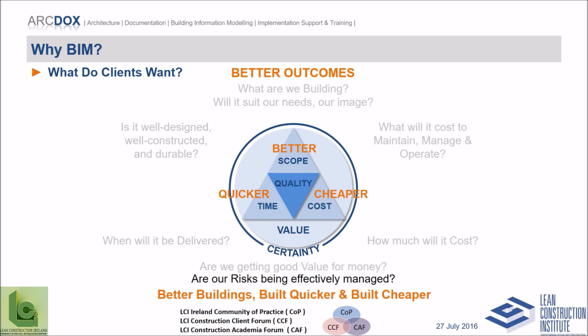For most clients, building or constructing buildings is not their core business, so they want their risks to be effectively managed by the professional teams that they employ. Now, you might say, if that's what clients want, what's this got to do with BIM? Well, the 3D aspects of BIM, the fact that you have this virtual building and you can take clients around the building, and